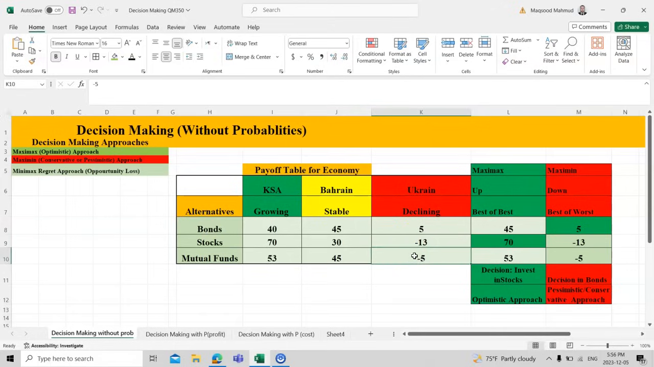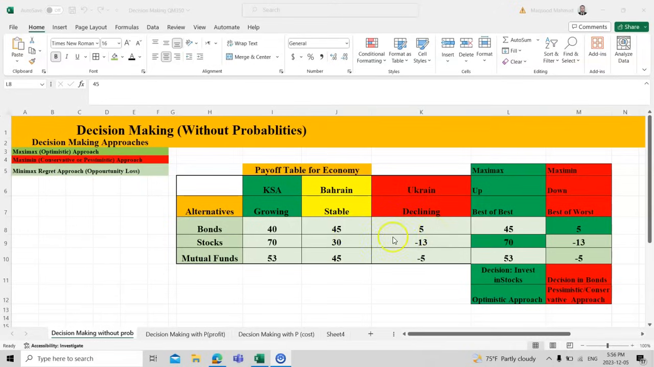Now we need to see, according to the optimistic approach, Maximax, what our decision is and where we should invest. This green one is the Maximax approach, and you will see how we can apply it. How did we get this 45? 45 is basically the highest in the bonds. You see, for the different economies, Saudi Arabia, Bahrain, and Ukraine,